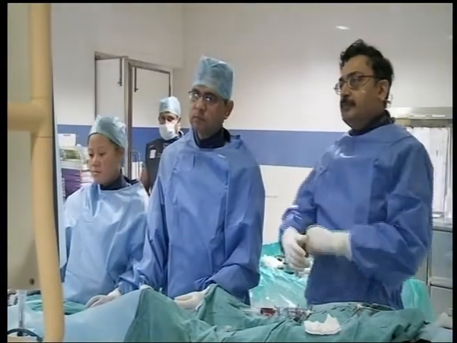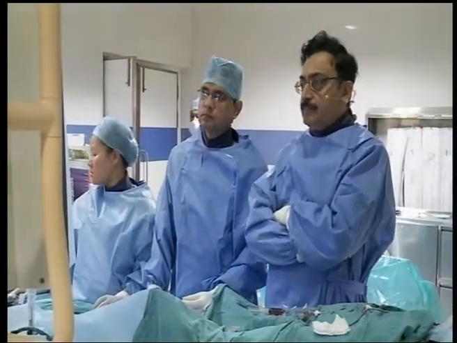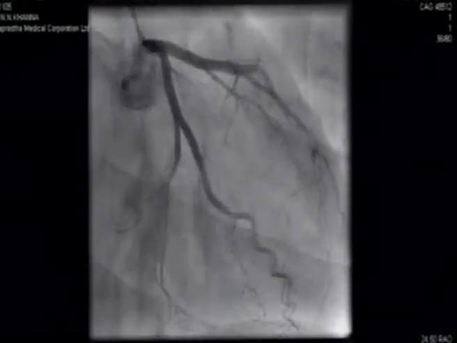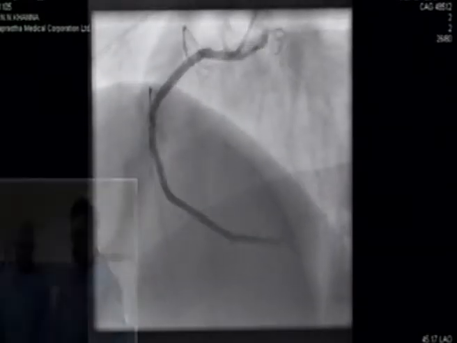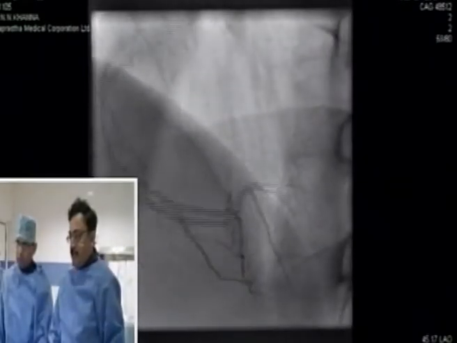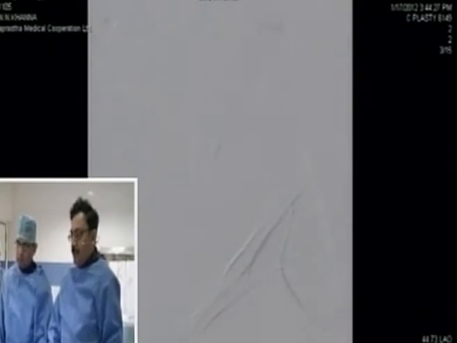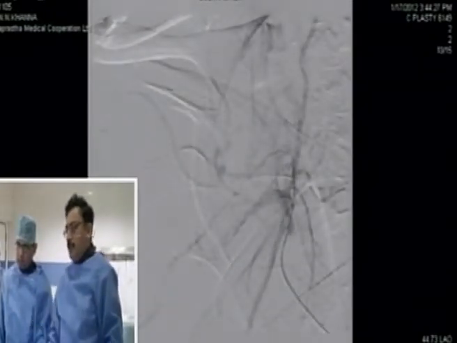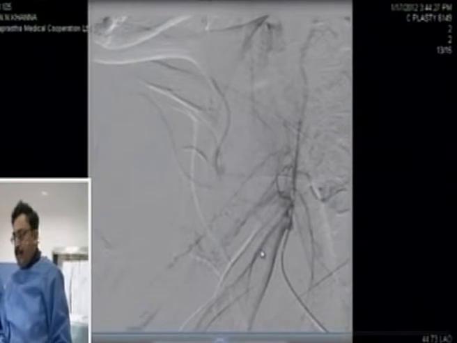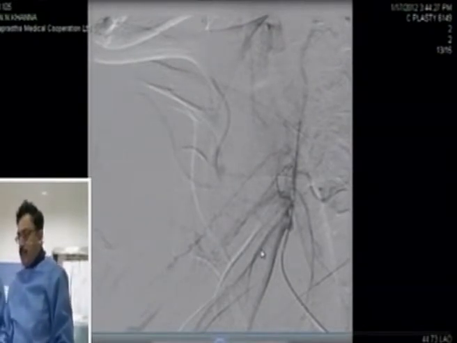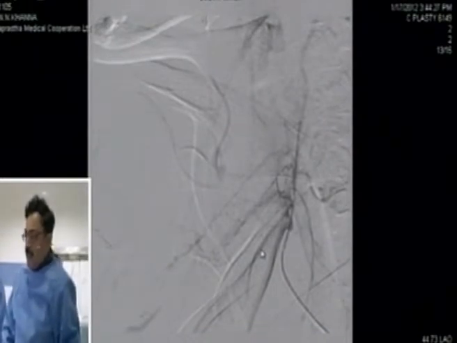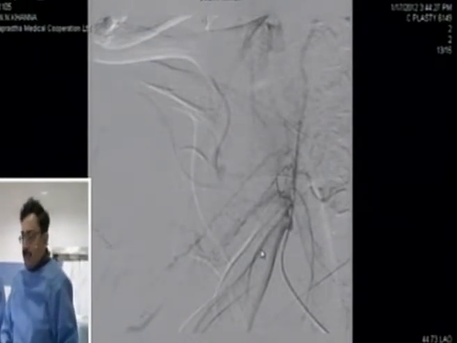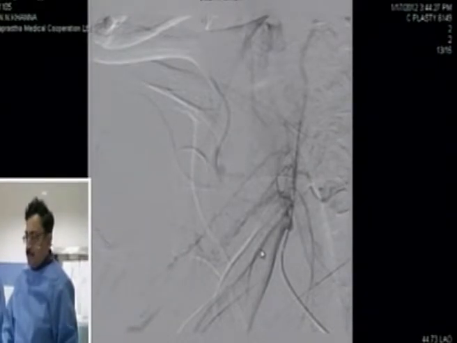Can I have the first slide, please? The first picture of the angiogram. Okay, so this is the coronary angiogram, can you see it on the screen? Okay, so the coronary angiogram is normal. Just hold it here. So this is the angiogram of the right innominate artery. You don't see anything beyond the first part of the subclavian artery, and you don't see anything in the common carotid artery after the ostium. Next, please.